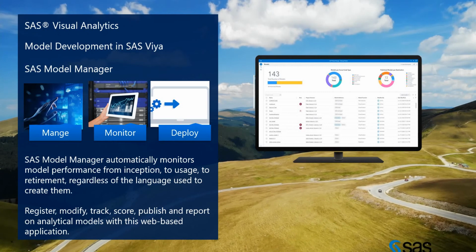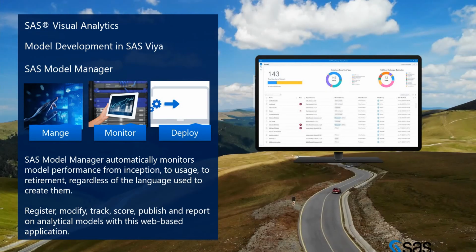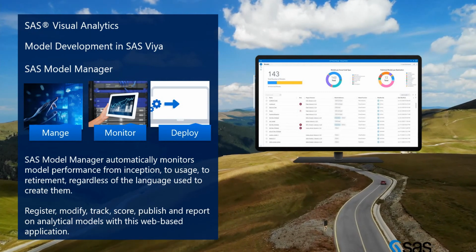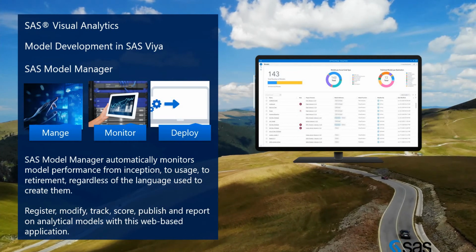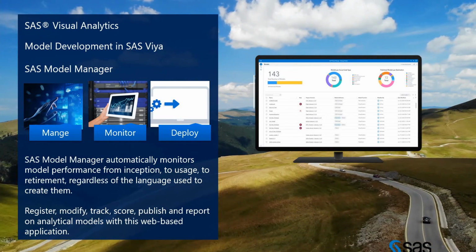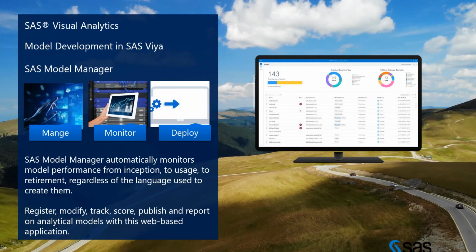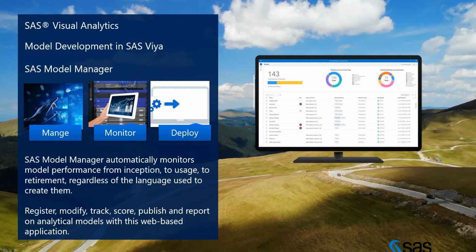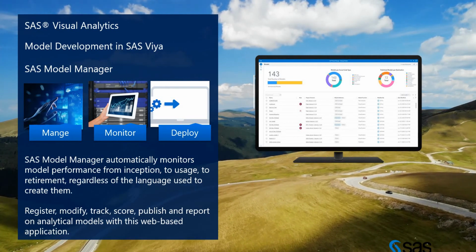Okay, SAS Model Manager. With SAS Model Manager, we are primarily doing the following things. First of all, we are managing the data, managing the projects, managing the models. Then we are monitoring the models, then deploying the models.